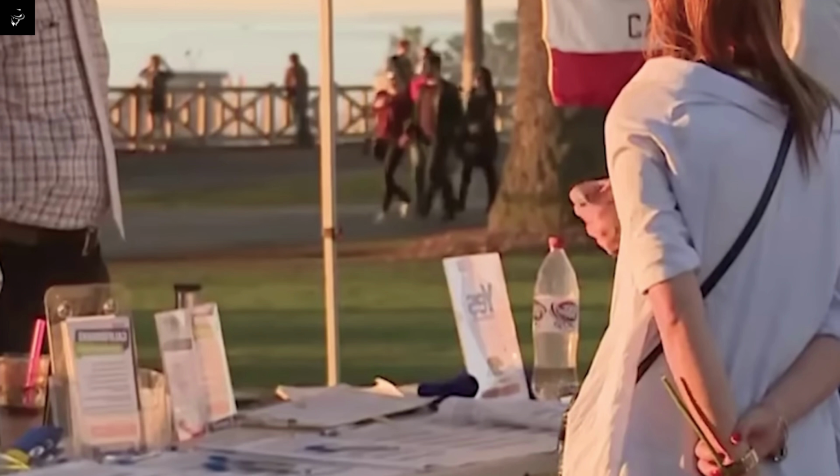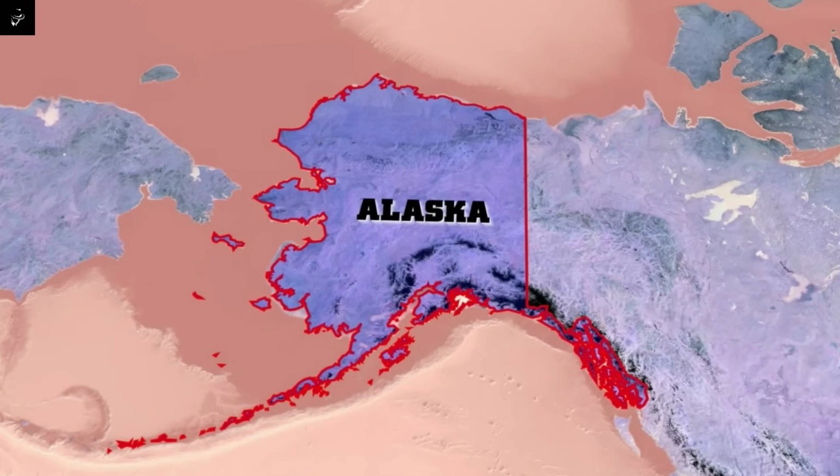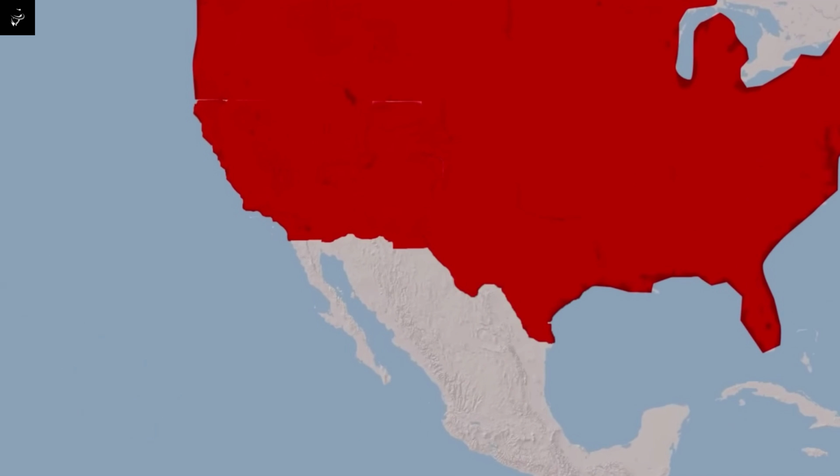Moreover, territorial expansion not only contributed to population growth, at the same time, this also contributes to creating diversity in the population structure. That is why the United States is now regarded as one of the most ethnically diverse nations in the world, according to data released by the U.S. Census Bureau in 2021.